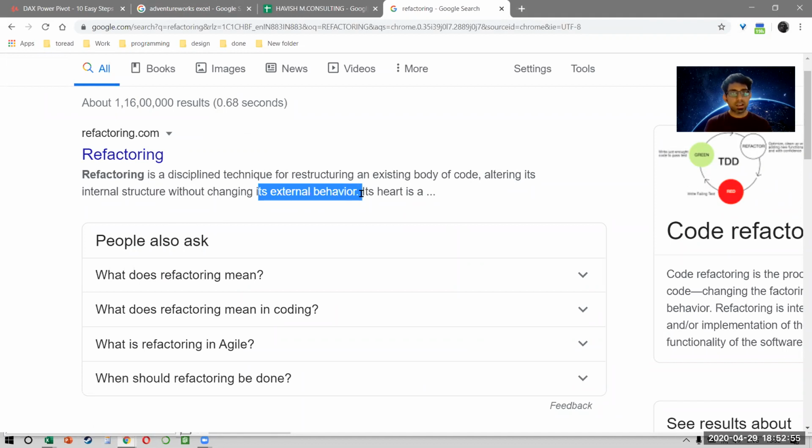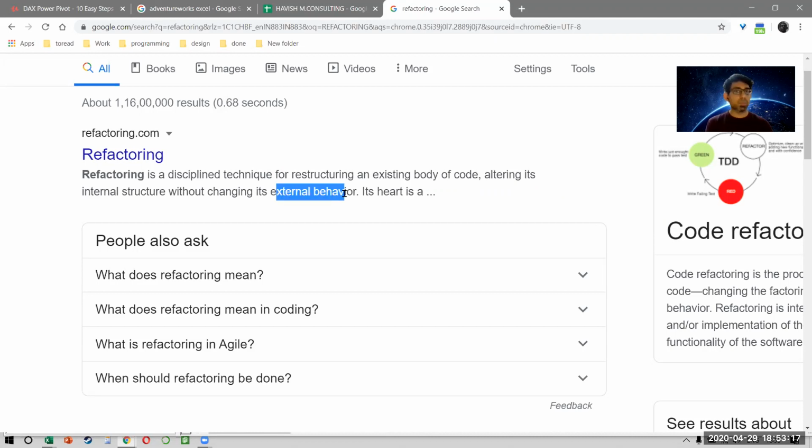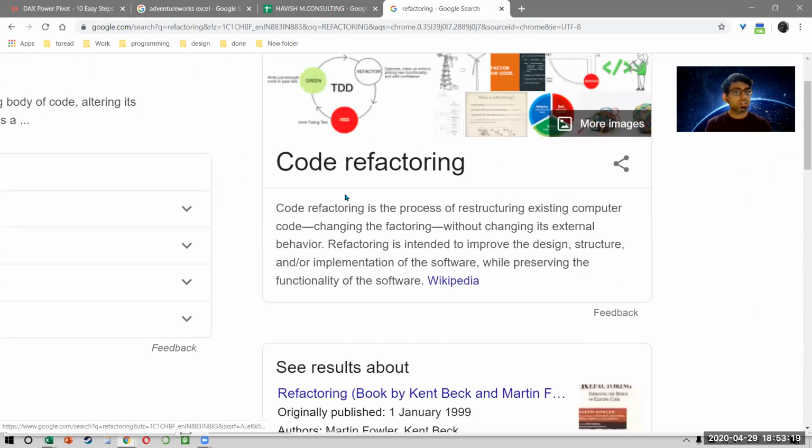That means in all my macros that we wrote, did you notice that we were getting the same result every single time? When we put the number manually, when we put the number in a cell, when we put the number in an input box. But what did we keep on doing? We kept on restructuring the existing code, altering it so that the external behavior is the same, but we kept on improving the internal behavior, right? So this is very important in programming, which is called code refactoring, right?